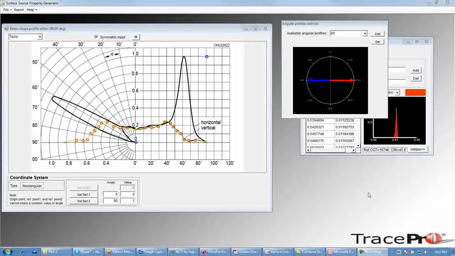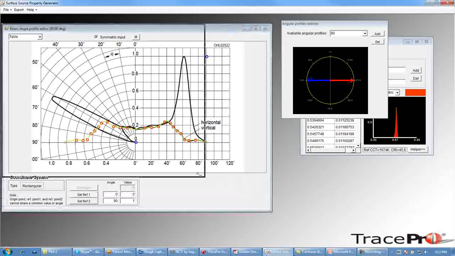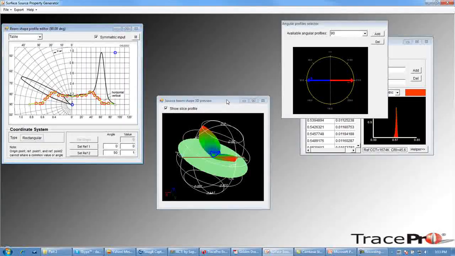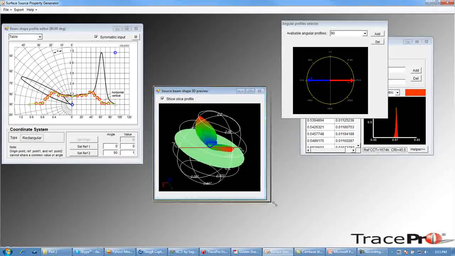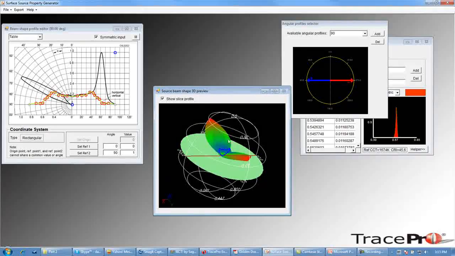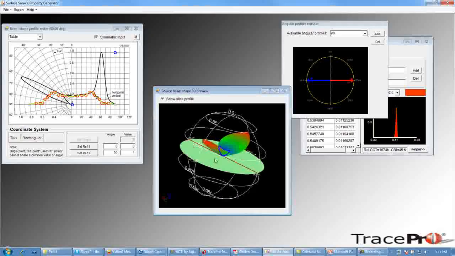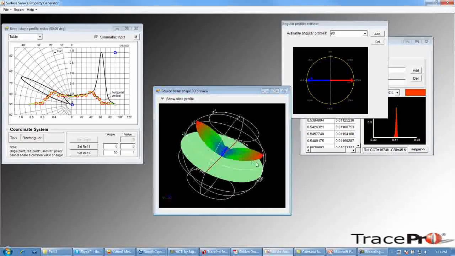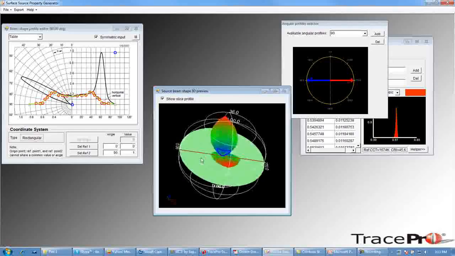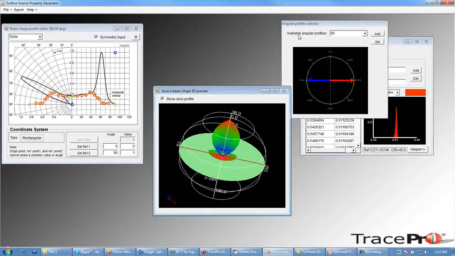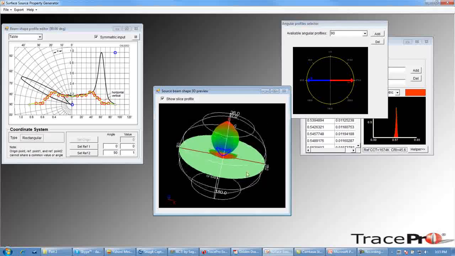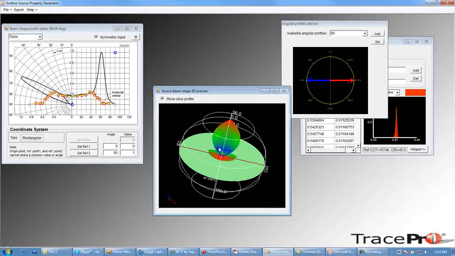Now that we've finished entering our horizontal and vertical profiles for this LED surface source property, we can close this window up a bit and take a look at the 3D preview window. The 3D preview allows you to see a three-dimensional representation of the angular distribution for the LED surface source property. In this case, we are still set at our 90-degree angular profile. We can see the profile defined here in the 3D preview viewer, as well as over here in our beam